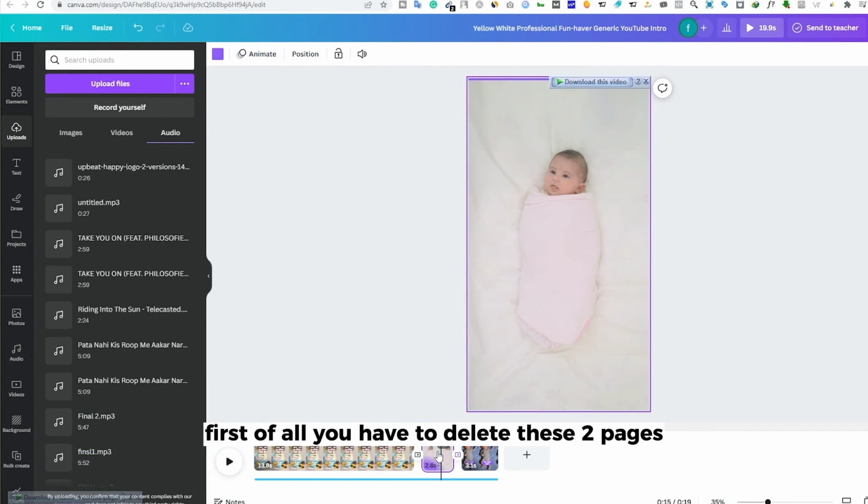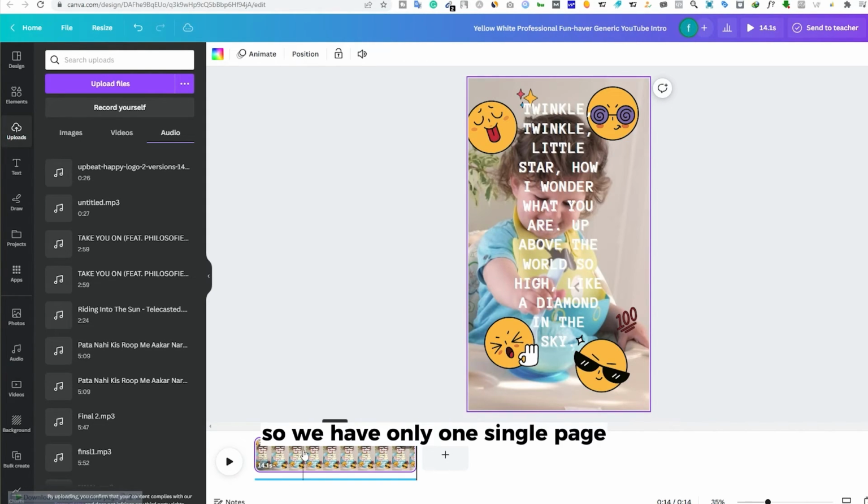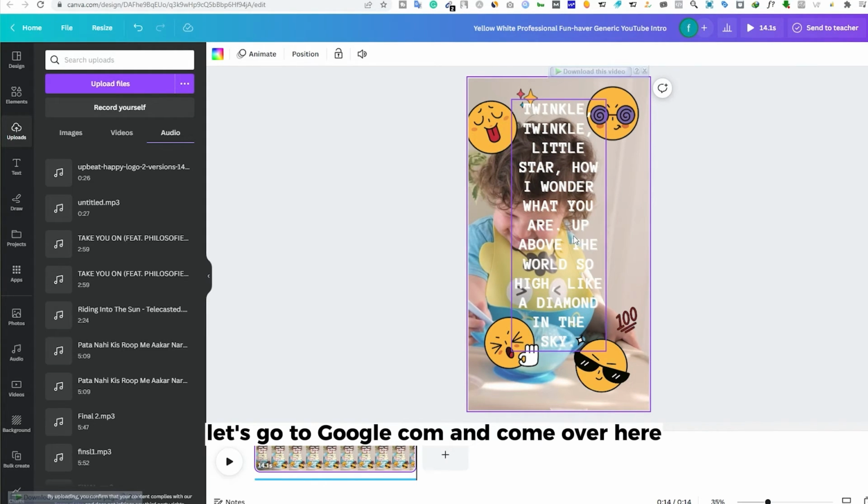First of all, you have to delete these two pages. You must have only one page. So right click, delete page, right click, delete page. So we have only one single page. You can extend or shrink the duration if you want. Once you do it, let's go to google.com